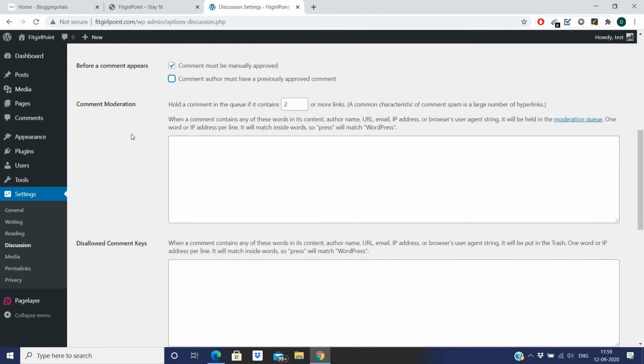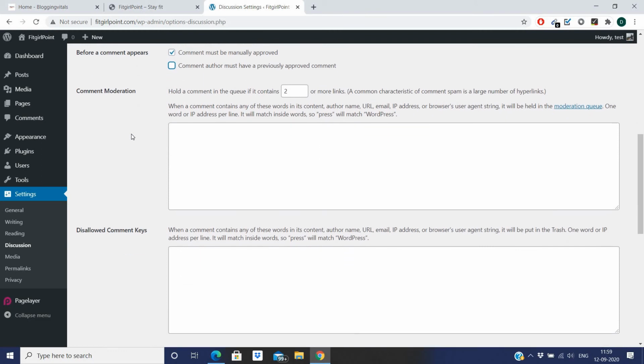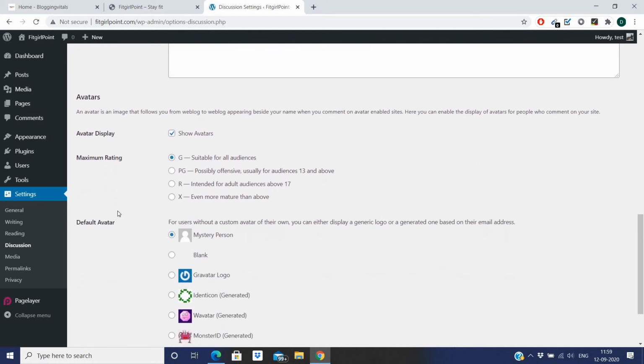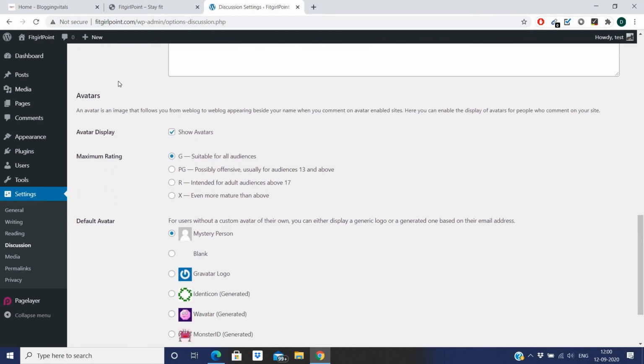And then leave these options like comment moderation and disallowed comment keys, and then come to the avatars option, where you can see avatar display. Show avatars, keep it enabled.